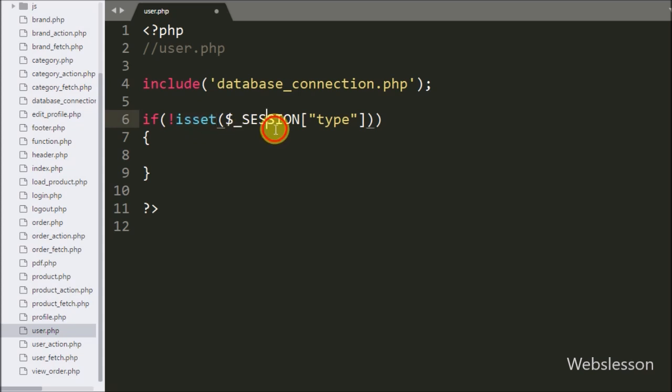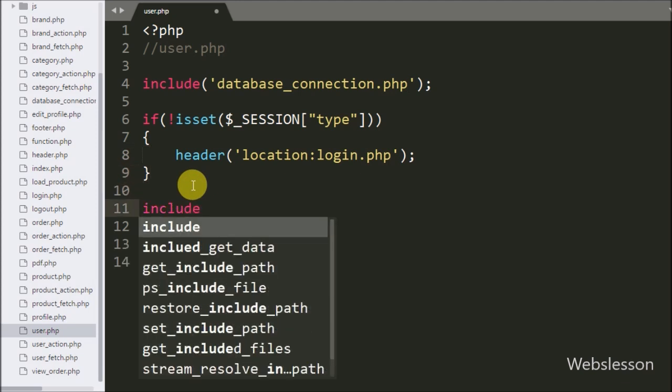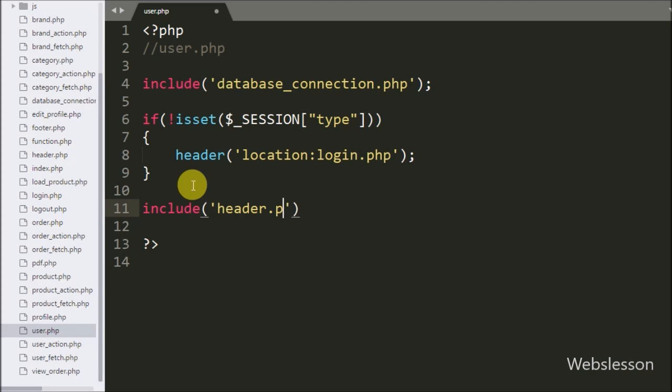This condition will check if the $_SESSION['type'] variable value is not set, which means the user is not logged into the system. Then it will execute the if block of code. Under this block we have written the header function with location set to the login.php page. It will redirect the user to the login page if the user directly accesses this page. After this we have written an include statement, and under this we have included the header.php page. This code will include all the code of header.php under